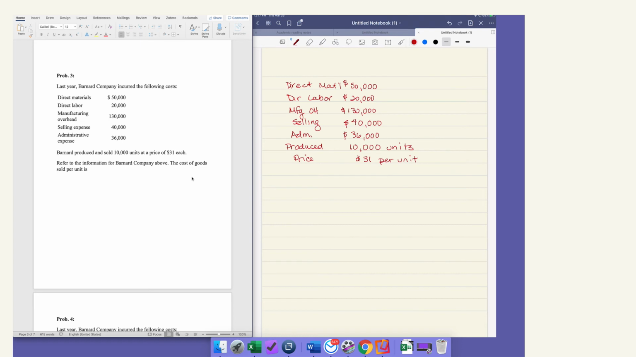Okay, so we're going to have a series of questions here. The first question is the cost of goods sold per unit. Again, we need to remember that we've got information that we don't actually need. We don't need selling and administrative expenses in order to calculate the cost of goods sold. Cost of goods sold is simply direct materials, direct labor, and manufacturing overhead. So that's 50 plus 20 plus 130, which is our total product cost,